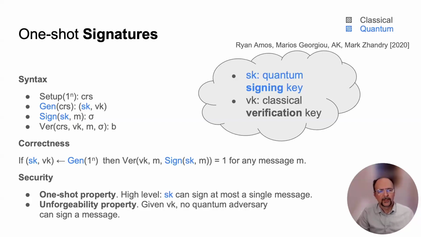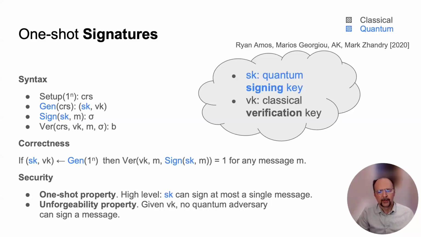So in a one-shot signature, we have a classical setup that produces a common reference string. We have a quantum key generation that produces a secret key, which is quantum, and a verification key, and a signing algorithm that, given that quantum secret key, produces a signature on a given message. Finally, the verifier, as usual in a digital signature, is capable of validating a message against the public key. The correctness is what you usually expect from a digital signature,